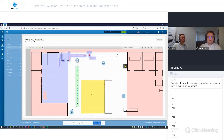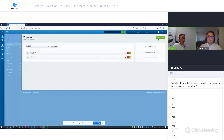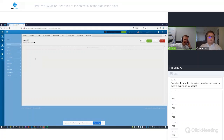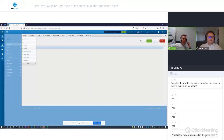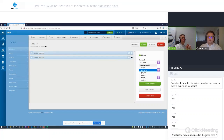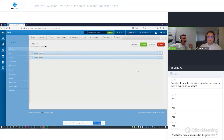Okay. Can we also make a mission live? Because it's so easy to program, it's so flexible, everyone says so. So let's do it, maybe right now in like 1 minute. Yes. Can I tell you the prerequisites of the first mission when it comes to screws? As I said, it's not on demand. It needs to be done every 1 hour, and we need to supply every station. So it needs to go to station 1, then station 2, station 3, and at the end, maybe I also forgot to ask you. You told about the forklift place. What about the